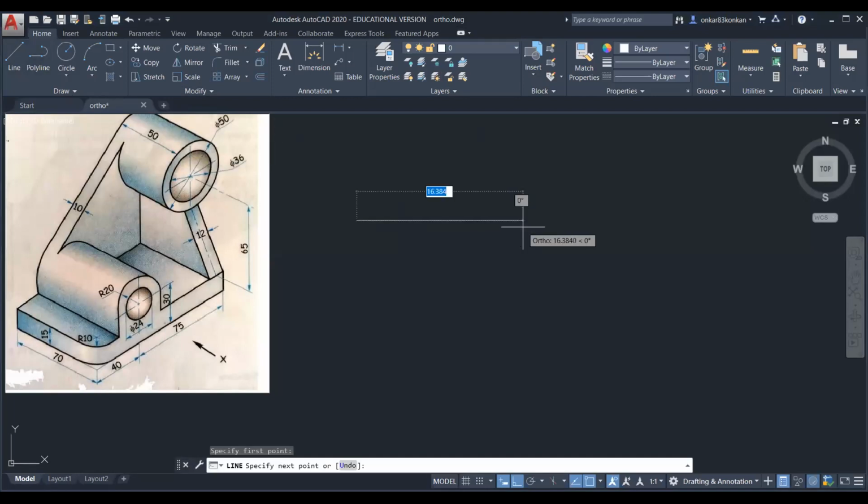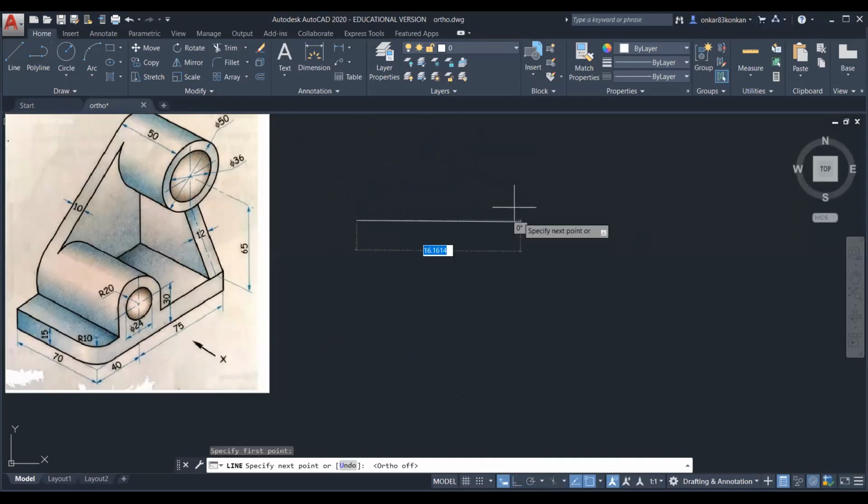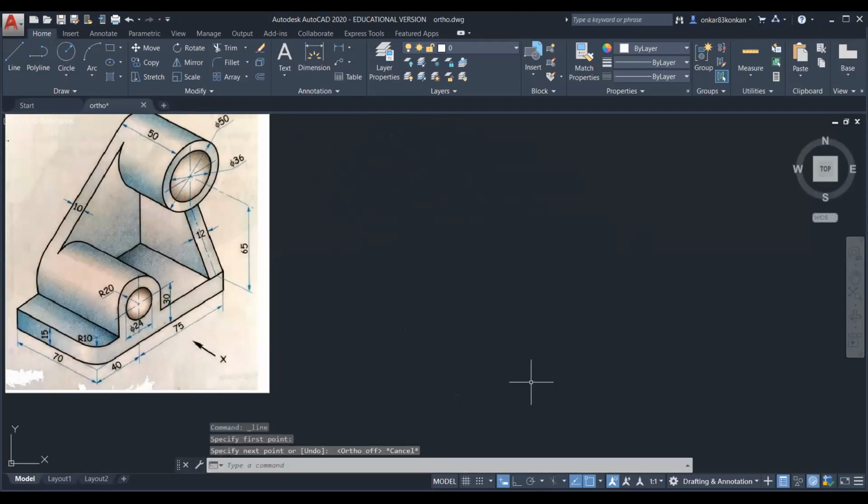Just you can draw line at 0 degree, or you can draw line at 90 degree. Okay. So you cannot draw the line in between 0 and 90 degree. And for that, you need to off this. Then you can draw the line at any angle.